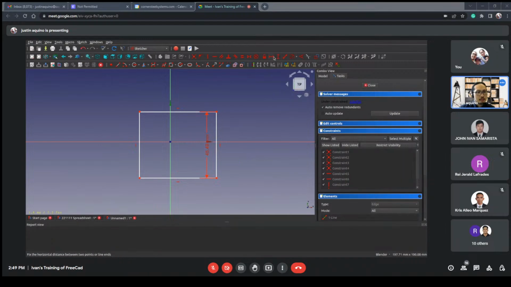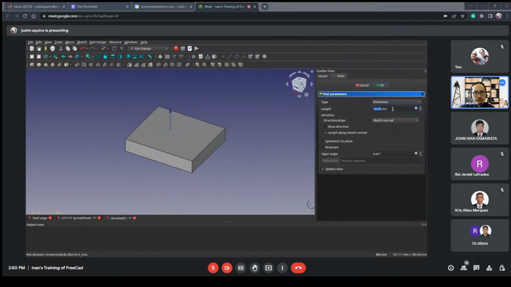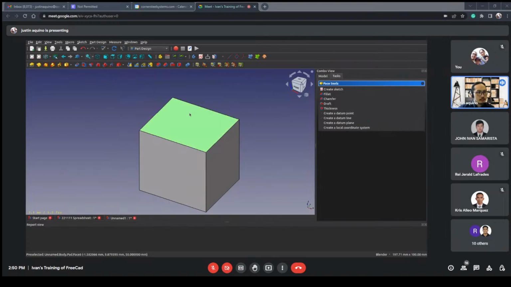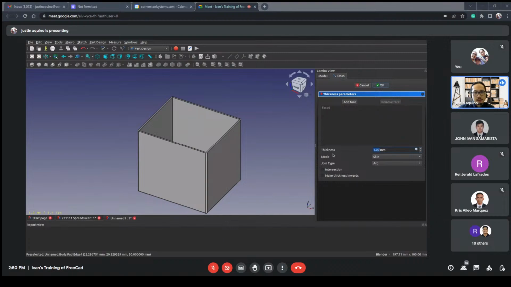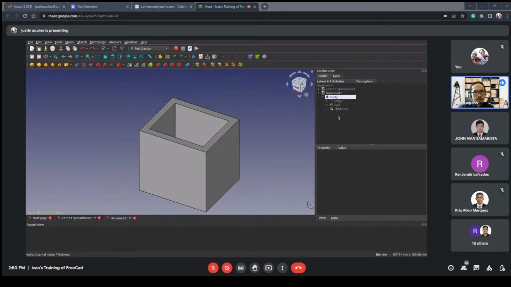Okay, and let's make the constraints. And then, close, add, make it 50. And then, select page tool. I can use thickness, make inward, make it 5. And then, tama. So, from pad,